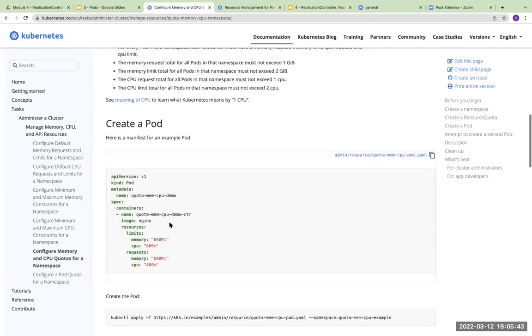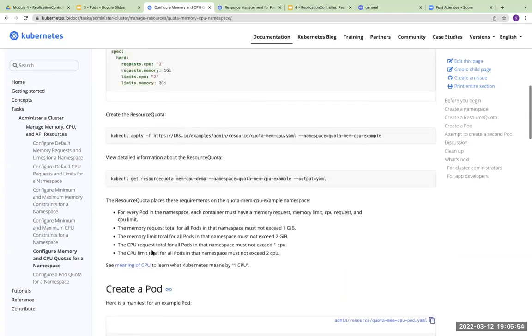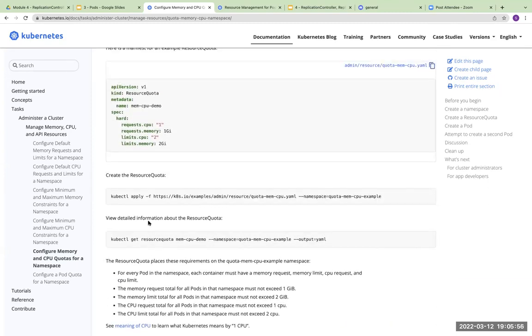Then you are creating a pod. And here is a manifest example of creating a pod. This is the name of the pod, this is a container, this is the image, and this is the resource you are allocating for the pod. And another thing which you are doing here is